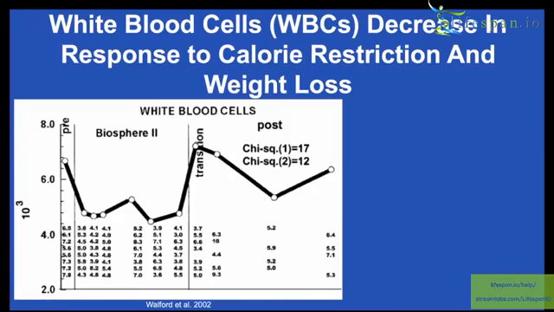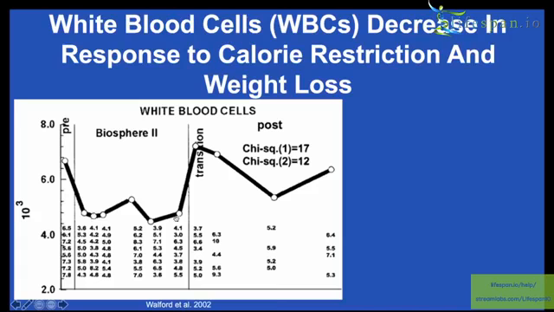So just as a quick look, what can optimize it? This is just a study from Biosphere 2 where the subjects that were involved ended up having to calorie restrict. There are other larger studies that illustrate this, but I think the picture here is really quick and easy. They started off with white blood cells somewhere in the 7 range, and because they were calorie restricting, eating fewer calories than they normally would, their white blood cell counts came very quickly down to somewhere in the